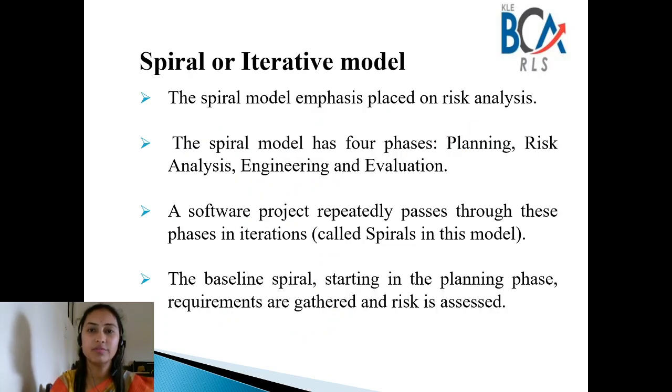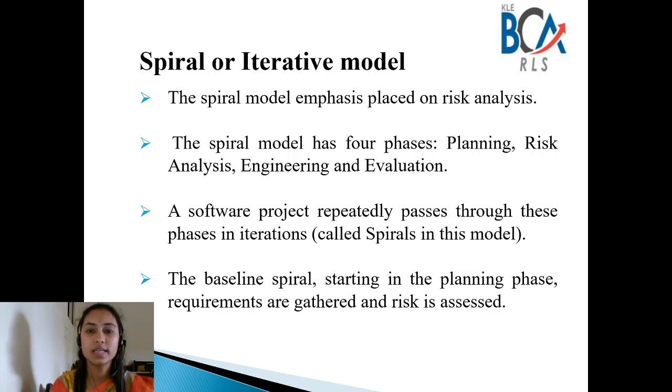It mainly emphasizes risk analysis, as I've told you. This spiral model is very good for risk analysis. The spiral model has four phases, which are planning, risk analysis, engineering and evaluation. A software project repeatedly passes through these phases in iterations, like you can see in the diagram.